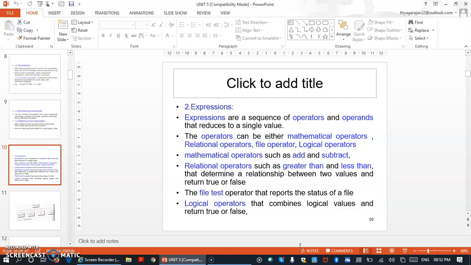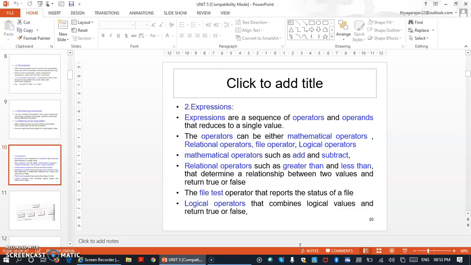Here operators can be either mathematical operators, relational operators, file operators, or logical operators. Try to remember, there are 4 types of operators. We'll discuss all these 4.